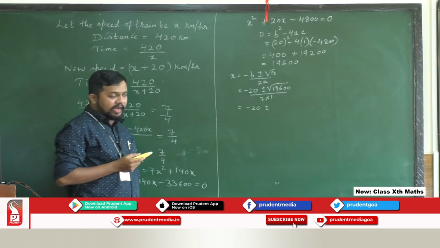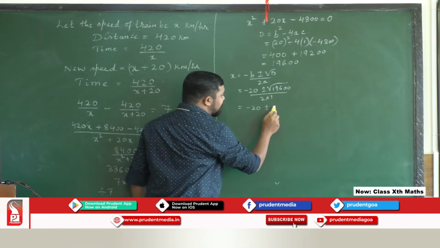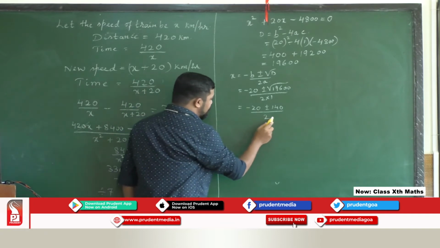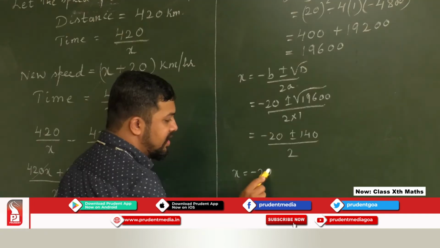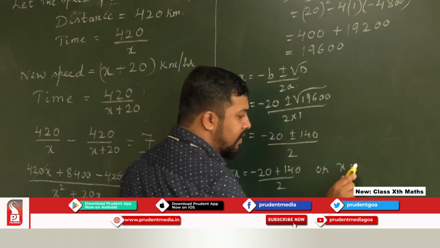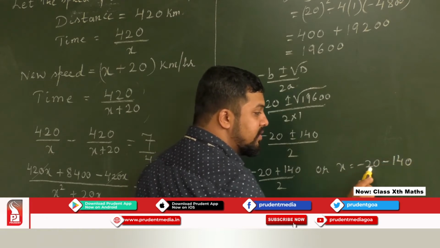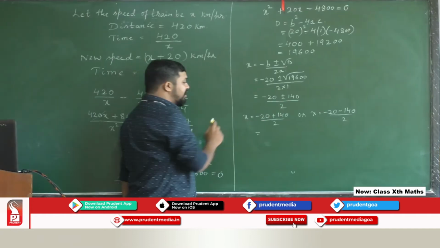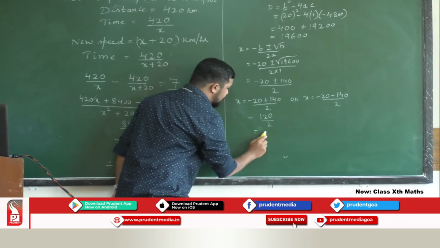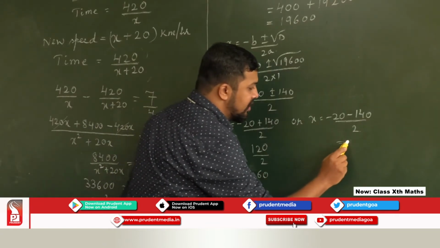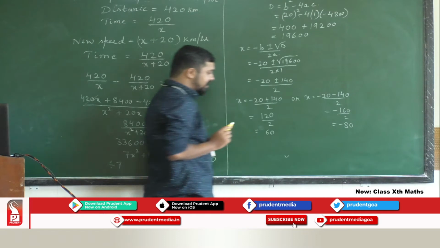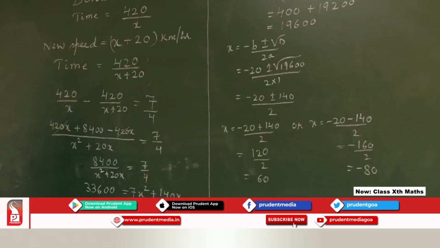Okay. So, find the square root of 196. That is very easy, you know it is 14, and I put that with two zeros, so 140. So, x is equal to minus 20 plus 140 by 2, or minus 20 minus 140 by 2. This will give you 140 minus 20 is 120, which gives you 60. The other will be minus 160, which gives you minus 80. So, you got one value positive, that is 60, and one value negative.